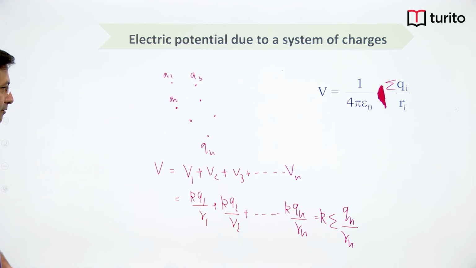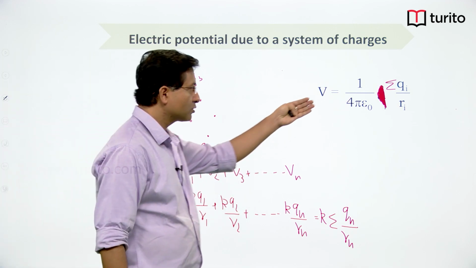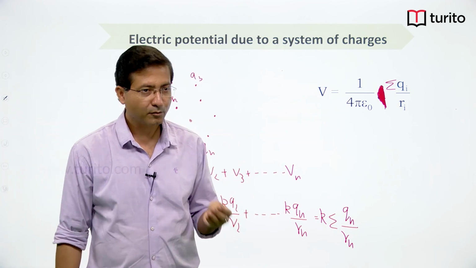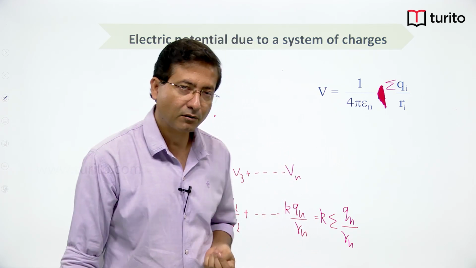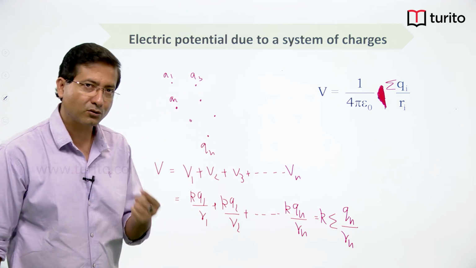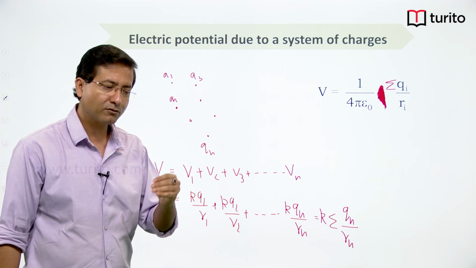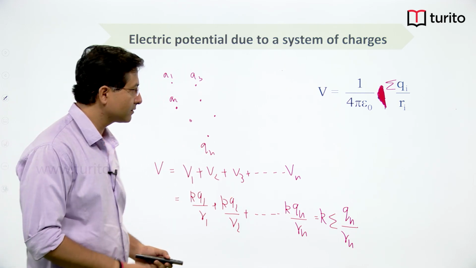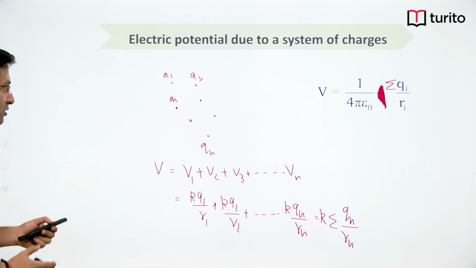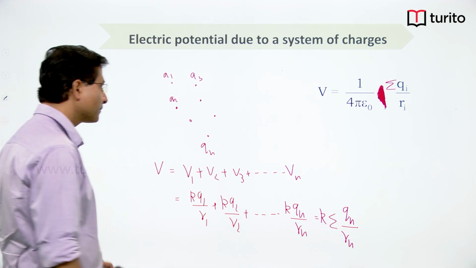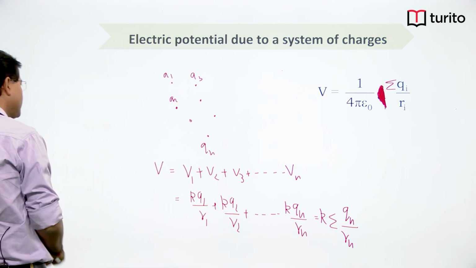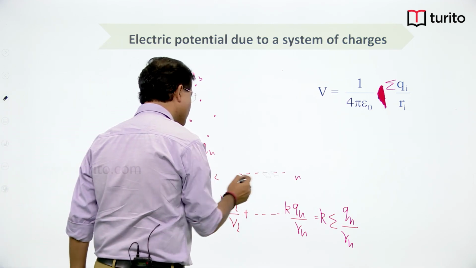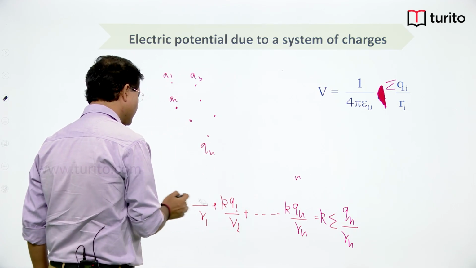So I can write the expression this way: if there are multiple charges, potential is a scalar quantity, you can directly add. Field was a vector quantity, that is why we had to add vectorially. Now here you have to just add all scalar quantities. What if our distribution is a continuous one? So instead of a discrete distribution,